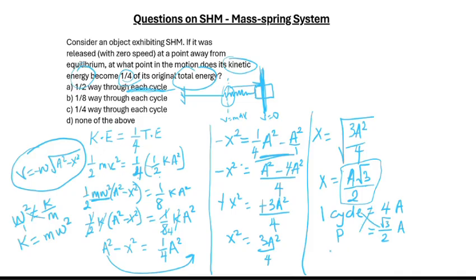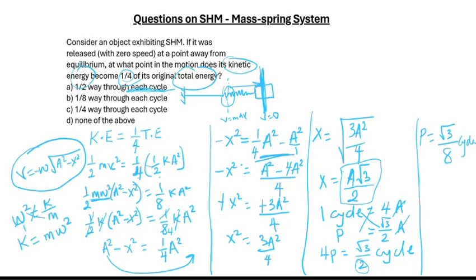I will have my 4p equals, because amplitude cancels amplitude, square root of 3 over 2 cycle, right? Then I divide both sides by 4. I will have p equals the square root of 3 over 8, because 4 will multiply the bottom, which is 2 cycle. And if I punch this inside the calculator, I will have